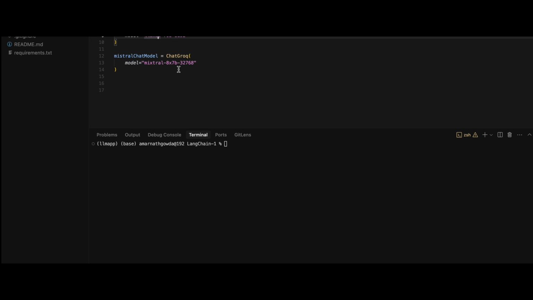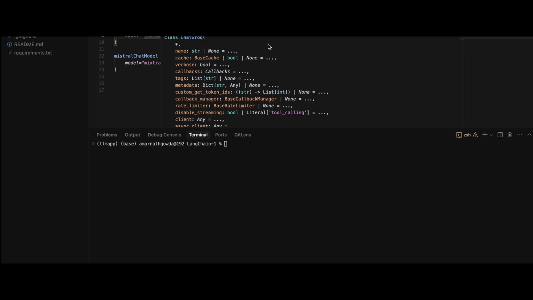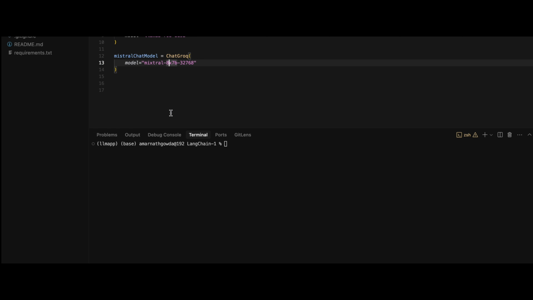Mistral 8x7 billion. The 70 billion is a big and detailed model, whereas Mistral is like an expert model but with high speed. We can switch the model easily by changing the name in the model parameter. We'll see that in the